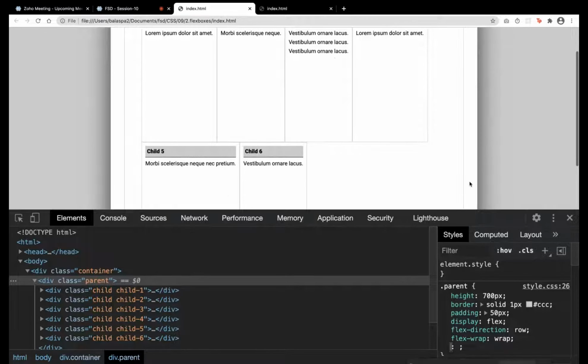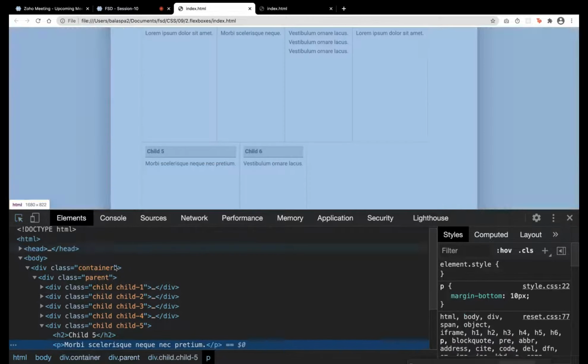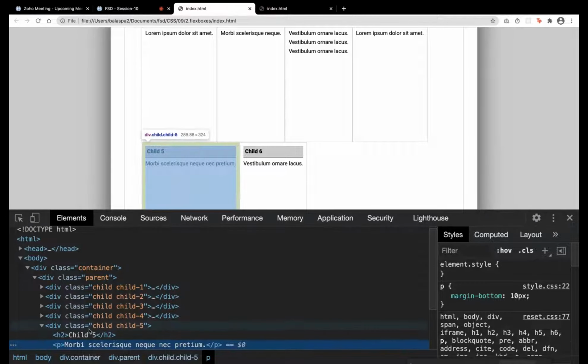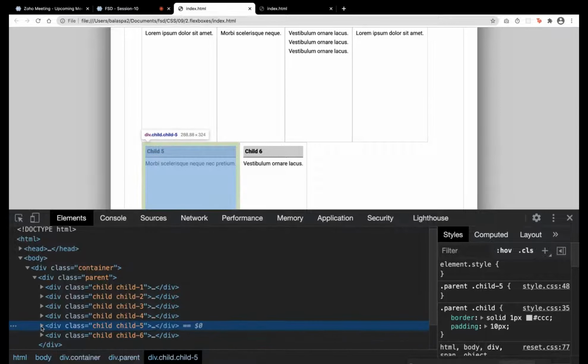How did it get wrapped? Only these two children. It is taking the width of the... If I reduce this, it will get reduced according to the content inside the item. The width is getting adjusted. Understood? It is not like we are giving some width and it is applying. It is taking the width according to the content of the flex item. It is getting